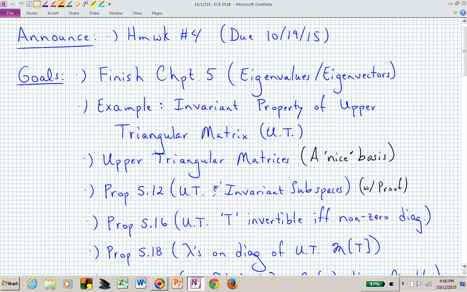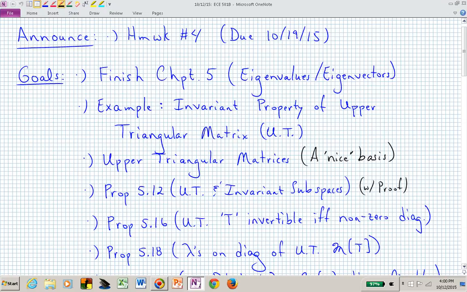Our goal today is to finish Chapter 5, which means we have a lot of facts on upper triangular matrices to think about or work through. Your next homework assignment, homework 4, is due a week from today, and that one is dealing with Chapter 5